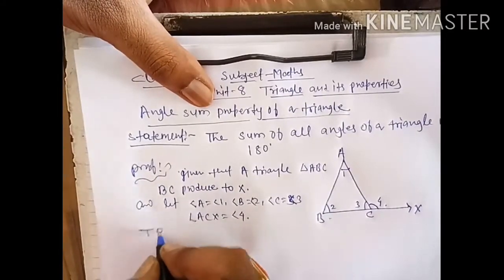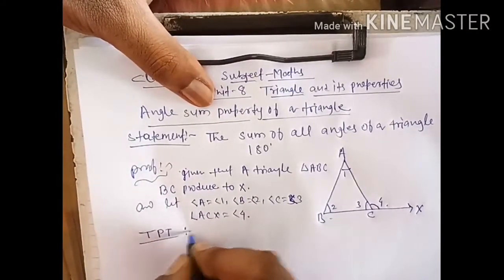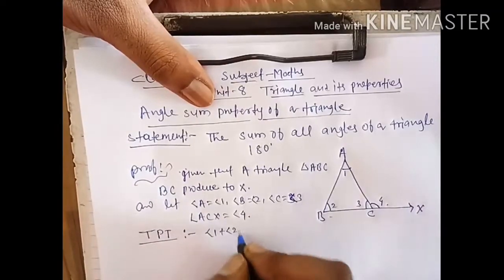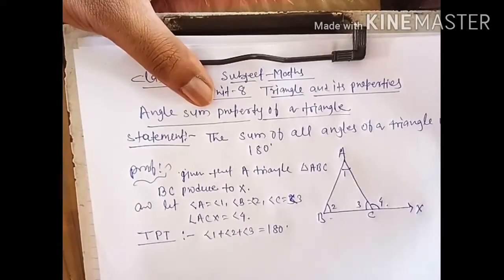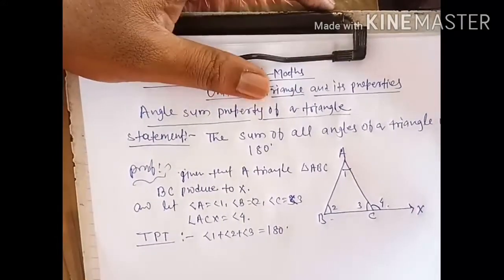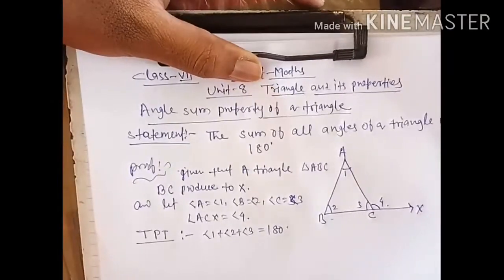To prove that angle 1 plus angle 2 plus angle 3 is equal to 180 degree. Proof: